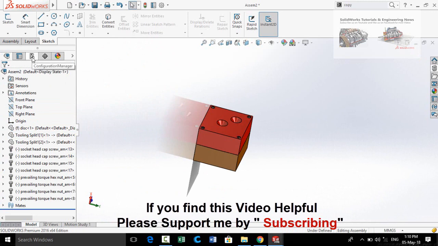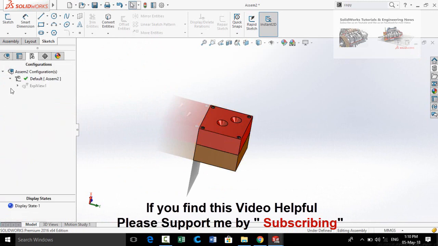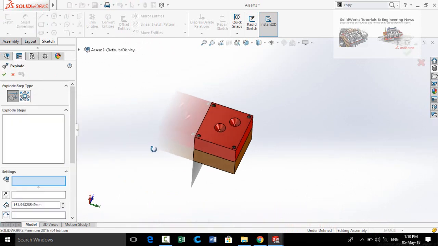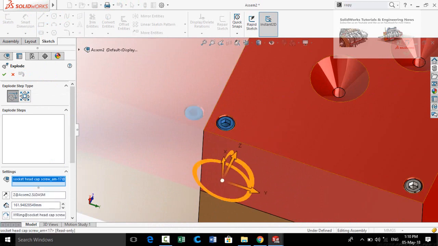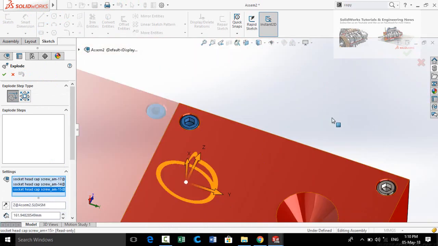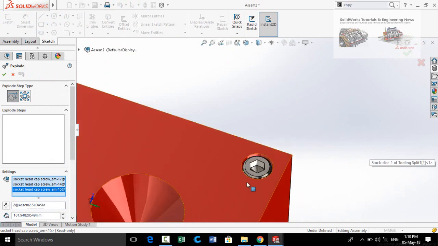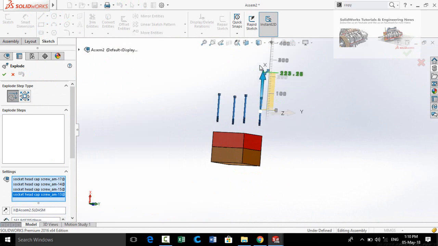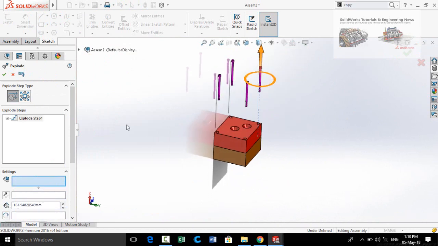Now go to configuration manager tree here and then right click on default and select new exploded view. Select all these bolts one by one. Click and drag these bolts upward.